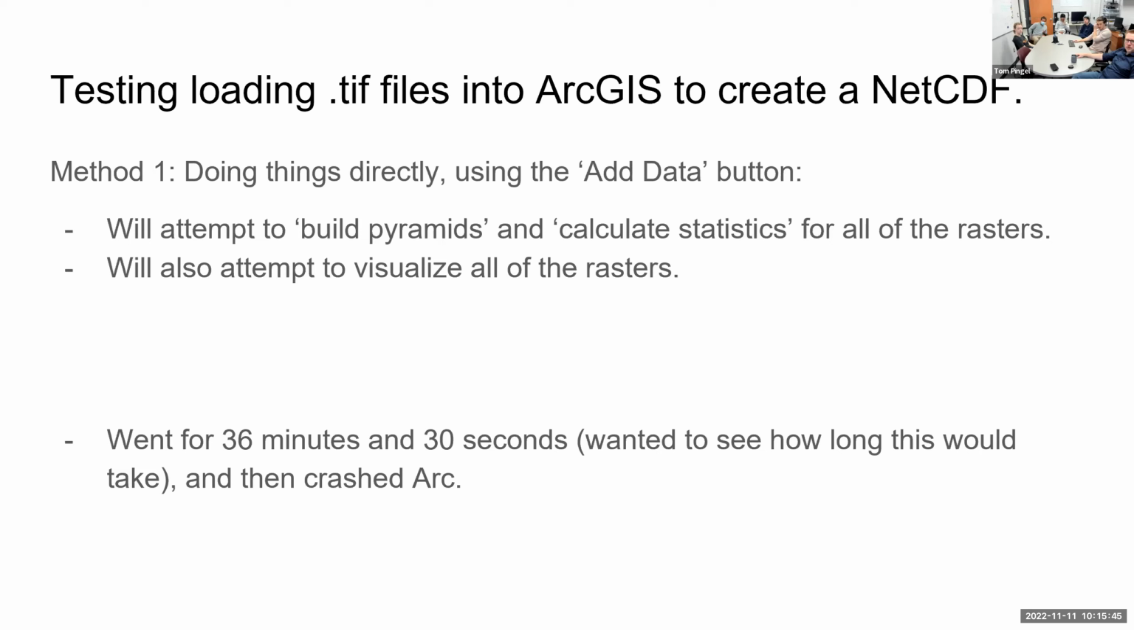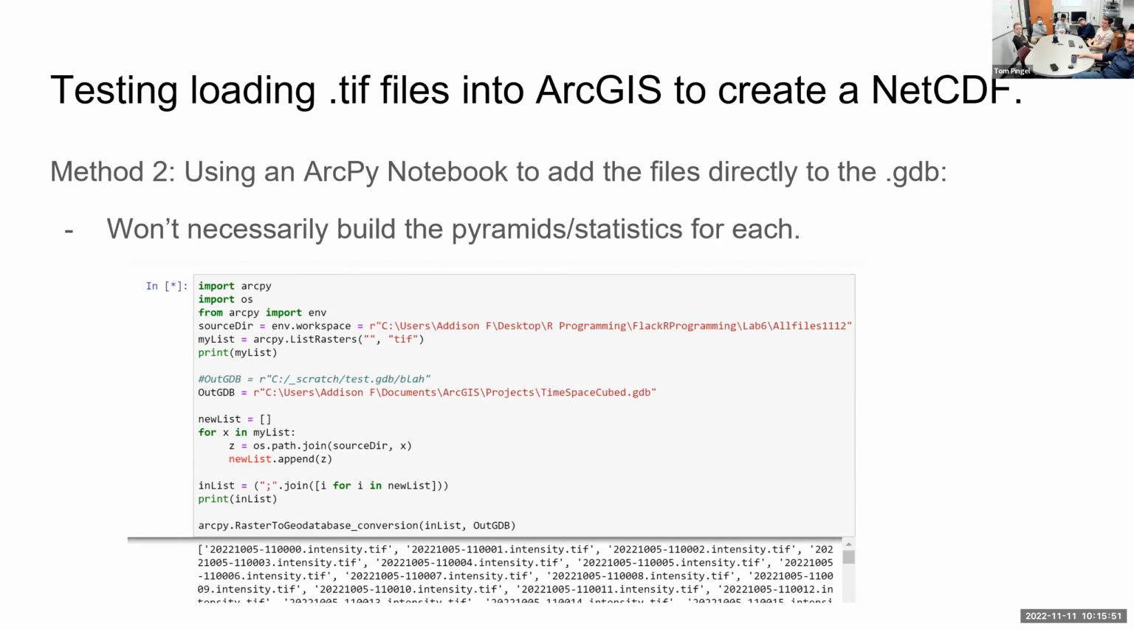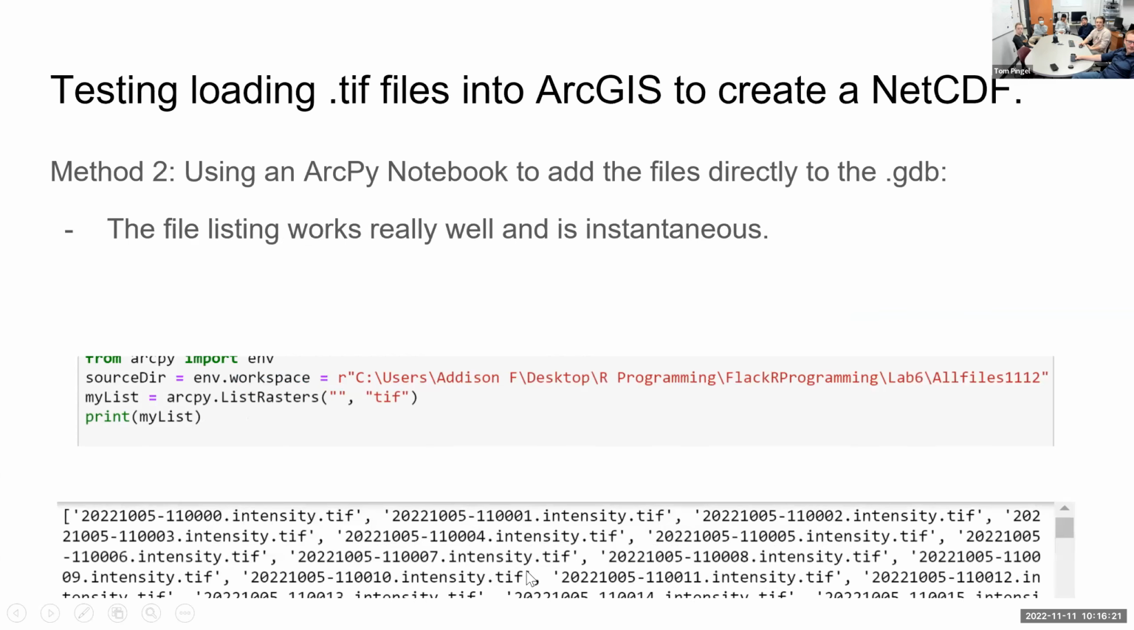So I tried a different way the second time, using the ArcPy notebook to add them directly to the geodatabase instead of having them build pyramids and visualize. That way it doesn't take as long to get the file list and do everything. The file list is instantaneous. I name the source directory, list the TIFF files within there, print out the list, and this shows up pretty much instantly. And then the second line of code